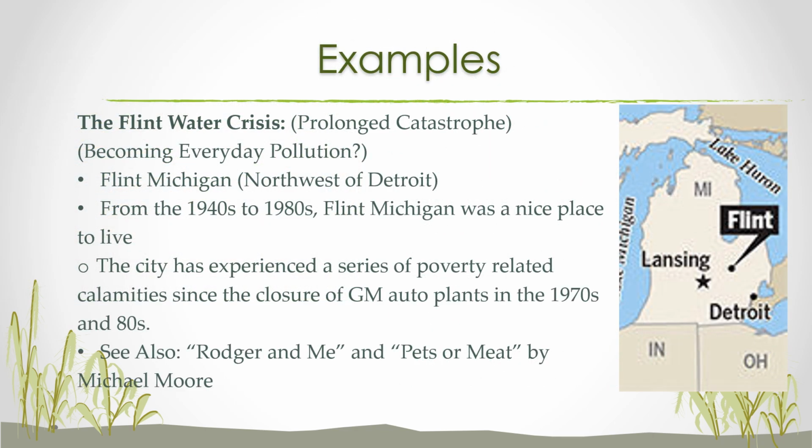So the Flint water crisis is kind of hard to classify in this regard. I call it a prolonged catastrophe. At its very beginning it certainly was a big noticeable thing. What happened in Flint was that from the 40s to about the 1980s, Flint, Michigan was a really great place